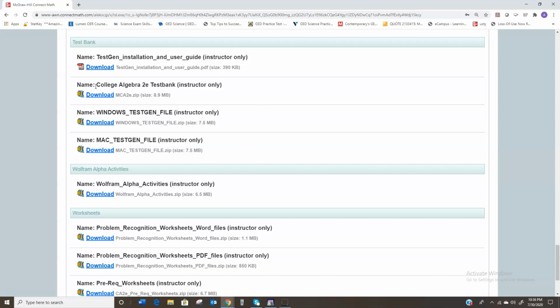Okay, so what you're going to do is, these are test banks. These are full of questions that are for this course's book. And so if you go to this, I think that this has only the Mac, this has only the Windows, and then this has it all. I'm not sure about that. I've always used the one at the top that says the name of the book, Test Bank. So if we click on that,